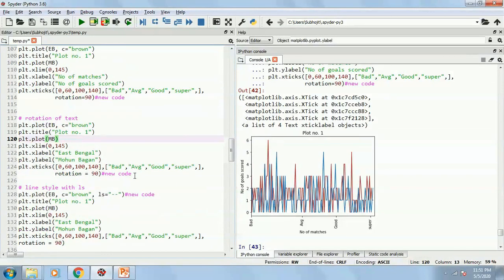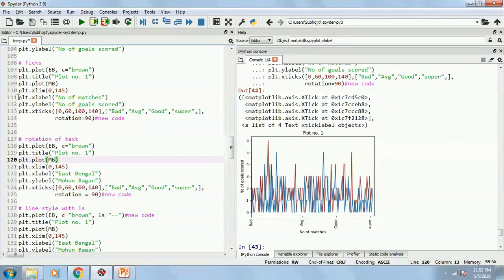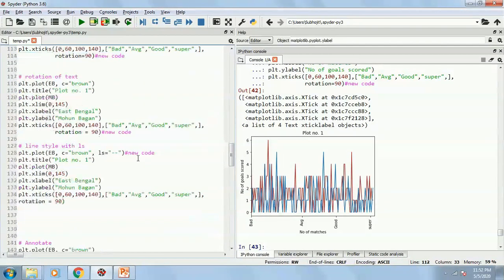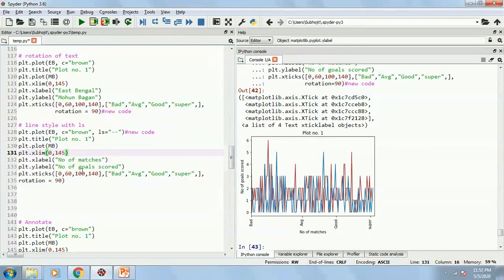Now I can also change this as well. What else can I do? I can change the style of these lines. Presently these are normal lines, but I can change them. How?